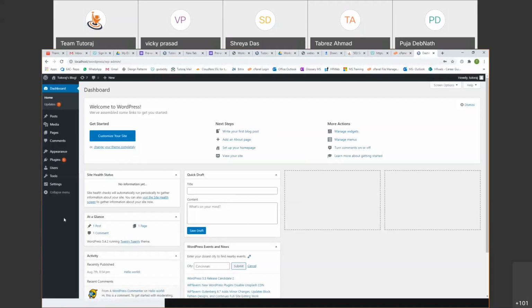So once you're at this page, I'm 100% sure that your Bitnami installation has worked fine. Because if you have reached this portal, I think the majority of the installations that are required for WordPress to work will already be taken care of. What do we have to do in the WP login? You just have to type the username and password. Whatever username and password you typed during Bitnami installation, the same thing you have to type here. Once you're at this page, I'll give 30 more seconds for people to reach the stage, and then we'll get going.